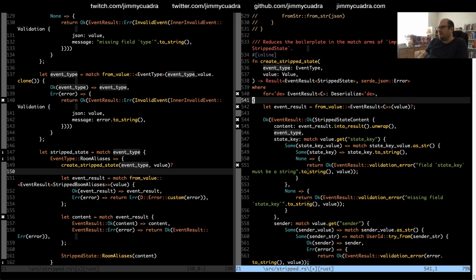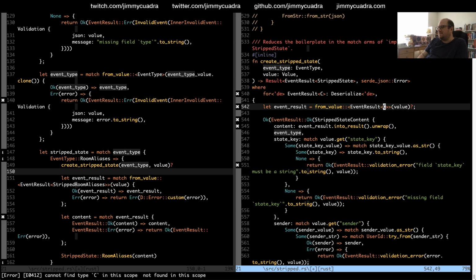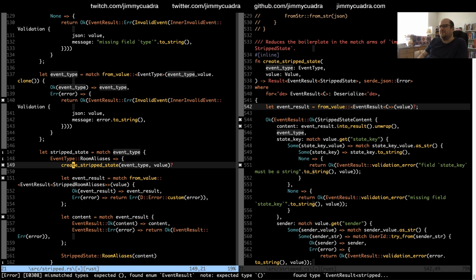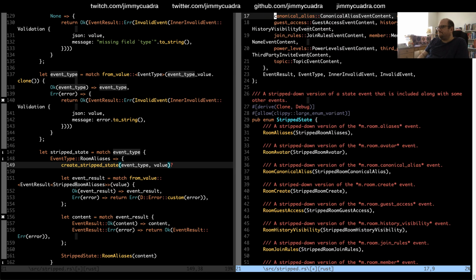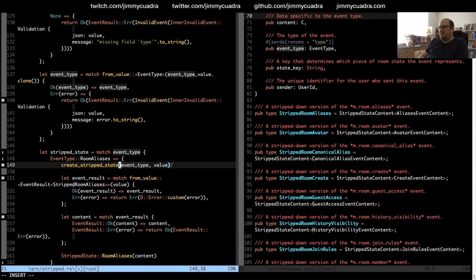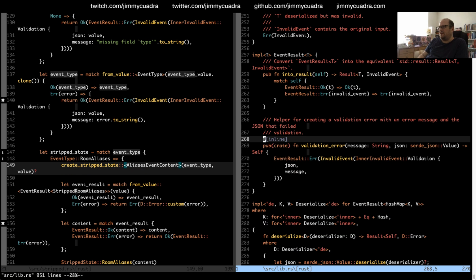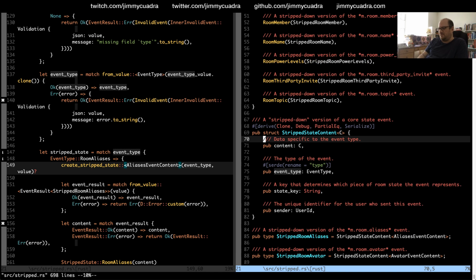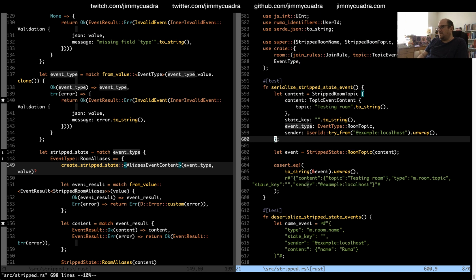We kind of need a phantom type here, because it's like, this isn't C. Oh, I guess it is. So what was it called? It's room aliases is aliases event content. So we really need to specify aliases event content here as the content type that we want. I think that's what needs to happen. Let's get near the end here.